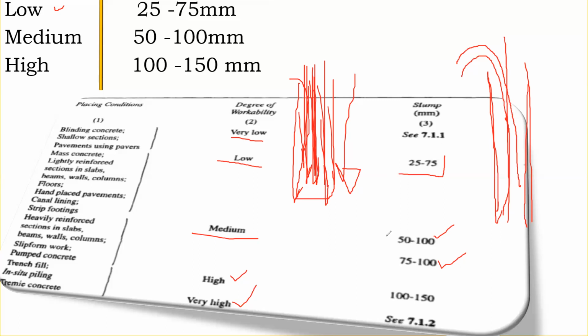So after deciding from here, let us say I'm doing a beam, I want 75 to 100 mm slump. For that we try to do a mix design. Let us say we have done a design of 1 is to 2 is to 4. For that we do the mix design and we do the slump test, and after doing the slump test, we try to see whether the mix design I have done, that is 1 is to 2 is to 4, is capable of getting a slump of 75 to 100. Let us say I've done one mix trial with 1 is to 2 is to 4.